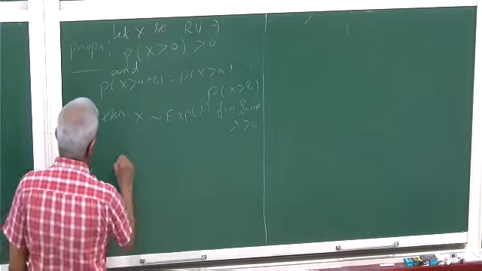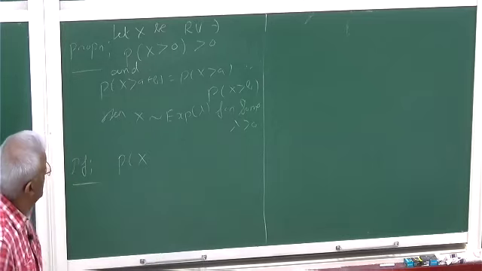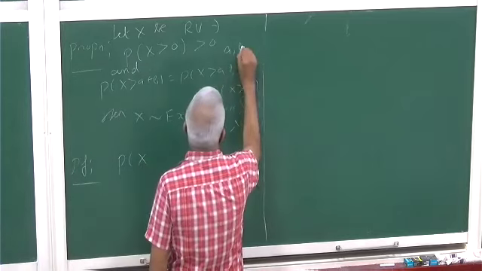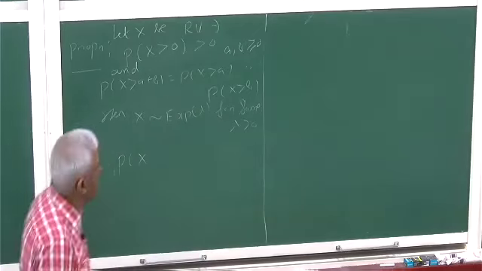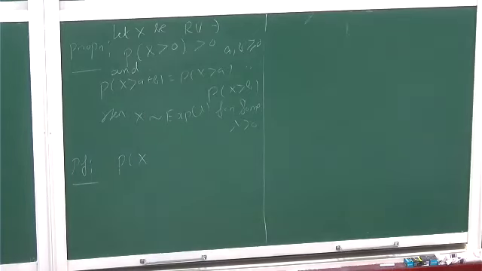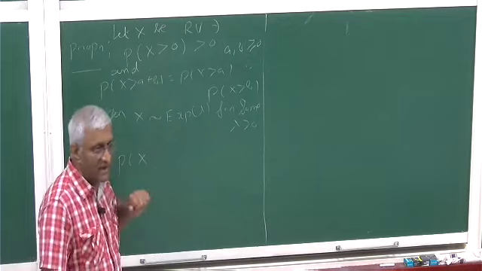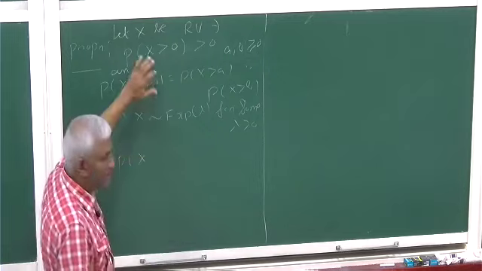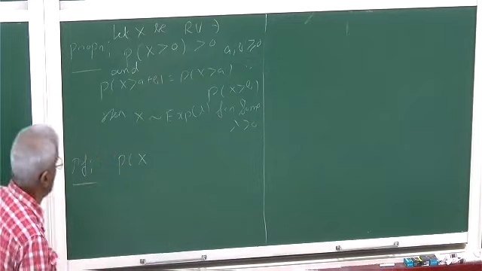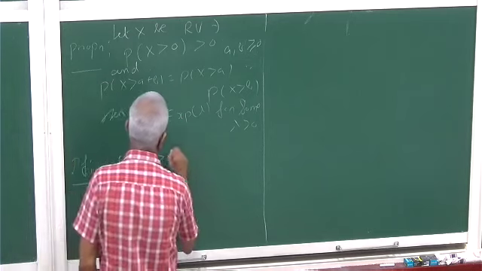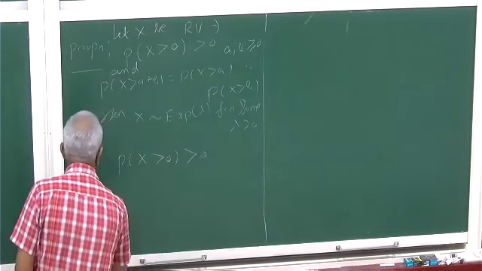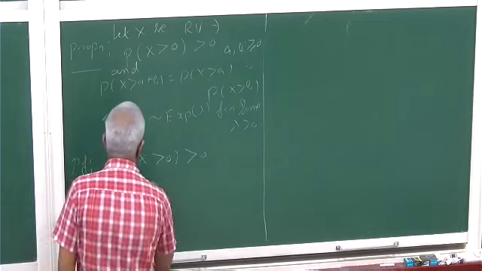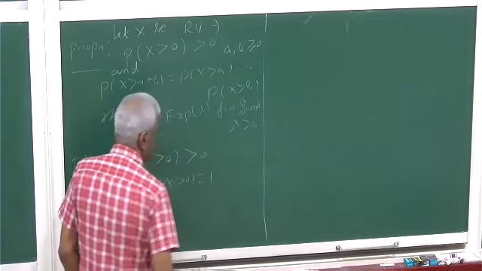So first we have this probability, with a, b greater than 0. We will prove that it cannot take negative values. You can assume that it's a non-negative random variable and prove this, but we will prove that it cannot take a negative value, number one. Then we will prove this. So the first claim: we have probability of X greater than 0 greater than 0. Then the claim is